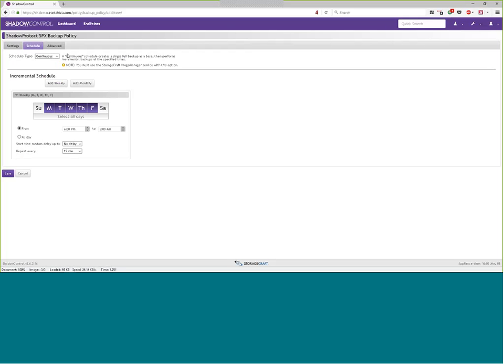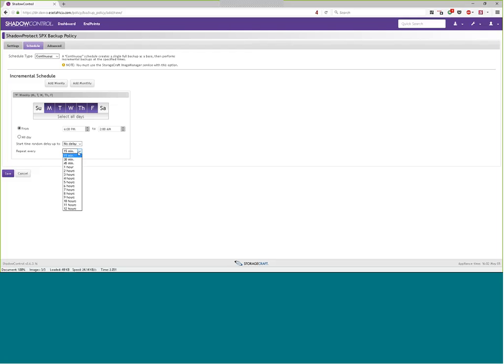Next, you can define the backup schedule, and there's a couple of options available. First of which, and this is generally the default, is the continuous incremental backup image schedule, where it creates, as they say, a full backup as the base image, and then performs incremental backups from that point forward to account for any changes that have occurred. And I can assign that over particular days. I can set a specific time frame, and I can also set things like the repeat value.